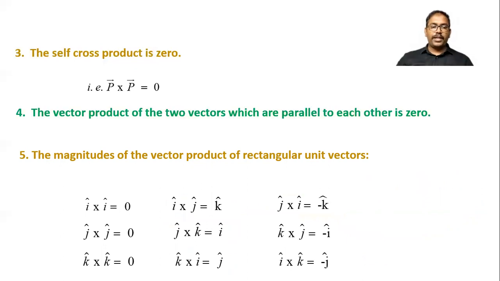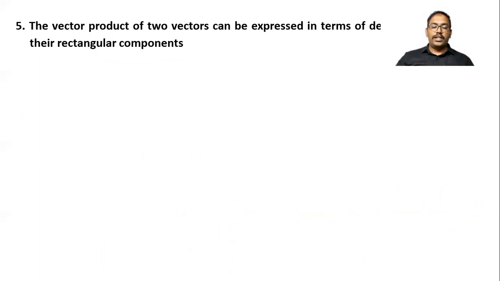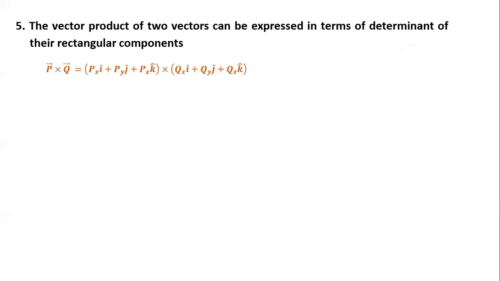Then after the fifth property, next one, here it is displayed now about parallel vector or anti-parallel vector. Next one is, you can see here, the vector product of two vectors can be expressed in terms of the determinant of rectangular form. A question may be asked separately for 2 marks. Show that the vector product of two vectors can be expressed in terms of the determinant of their rectangular form. Now to prove, I can consider p bar cross q bar. Then you know how to simplify this.